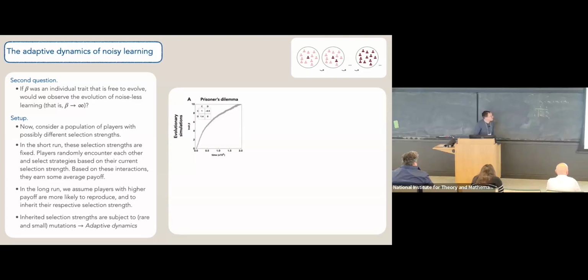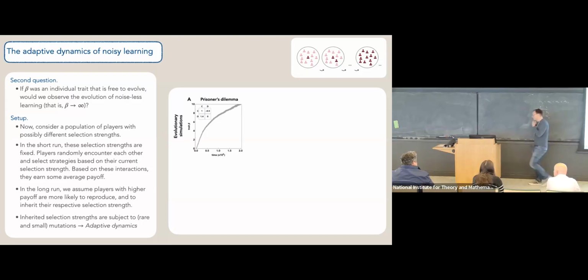So how it looks in the prisoner's dilemma, for example. This is the very same payoff matrix that I showed you in the beginning. What you see here is evolutionary time for this long run process where beta evolves. On the y-axis, you see the selection strength and where it evolves to. What you see for this prisoner's dilemma is that players learn to have higher and higher beta. They want to be more and more effective in the learning, because the better they are in the learning, the more likely to play D, and playing D is just the optimal thing in the prisoner's dilemma.